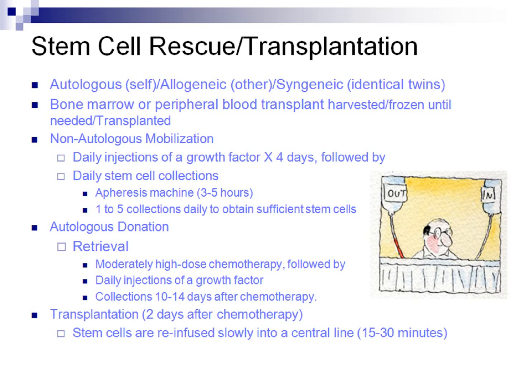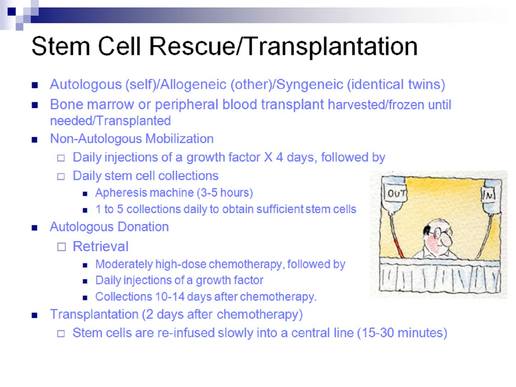Then they do daily stem cell collections. They do this through apheresis. So they hook you up to a machine, they take out all of your blood, they filter it, they give you back everything but the cells that they need for transplantation. And it takes about 3 to 5 hours, and they do these collections depending on how many cells you need over 1 to 5 days in order to collect enough cells to meet the needs of the person